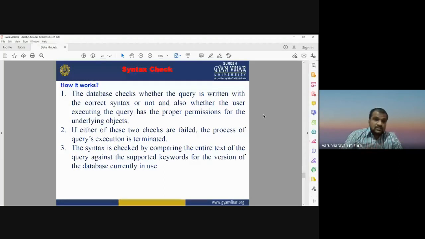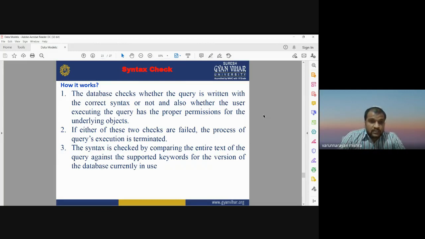First, the database checks whether the query is written with the correct syntax or not, and also whether the user executing the query has the proper permissions for the underlying objects. If either of those two checks fails, the process of query execution is terminated. If you have not written the syntax in a proper manner, then it will not be possible to execute your query.